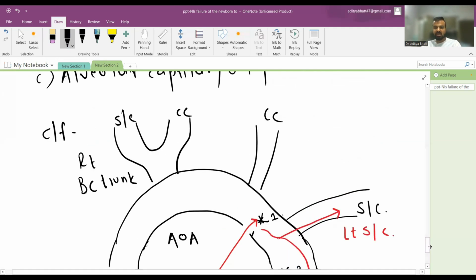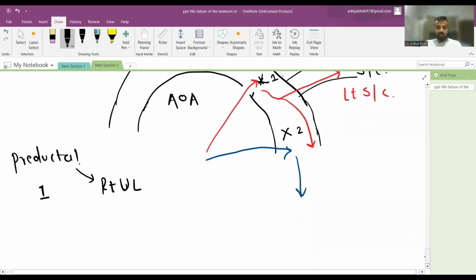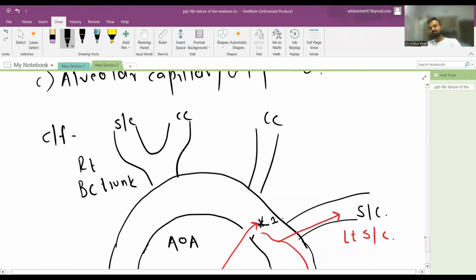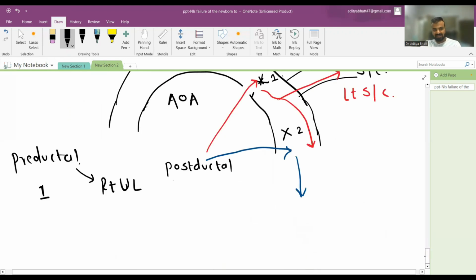So it is before the attachment of the ductus, plus left upper limb is not a part of preductal, it is part of postductal, because as you can see in the image, the ductus is attached before the subclavian arises. So postductal is left upper limb and both lower limbs,